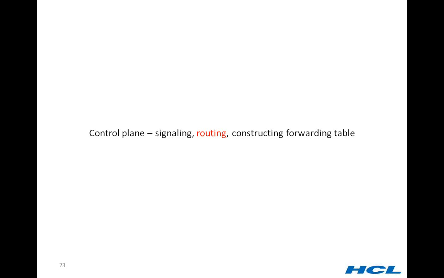Control plane. This is responsible for signaling, routing, and constructing the forwarding table. Signaling, as I explained before, is more of setting up the sessions or exchanging some control information. This is where the status will be exchanged between participating protocols, and ensure that it is all set for